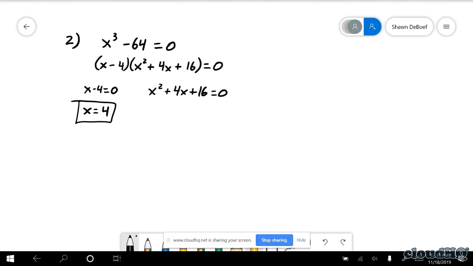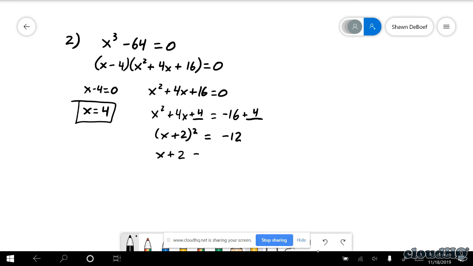Well, you can use complete the square or you can use quadratic formula. I would use complete the square. I like it better. Seems like people tend to be better at completing the square than quadratic formula. So I'd subtract that 16 over. What number goes in the blank? 4. You have to cut the 4 in half, which is 2, and square it. So 4, we add 4 to both sides. So we have x plus 2 squared is equal to negative 12. What do you notice about what our answer is going to be? It's going to be imaginary, which is why it wasn't factorable. Not that that's the only reason, but